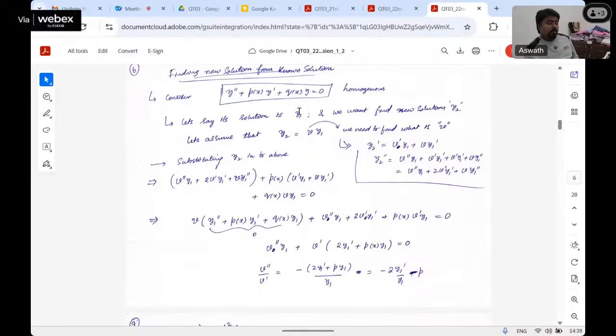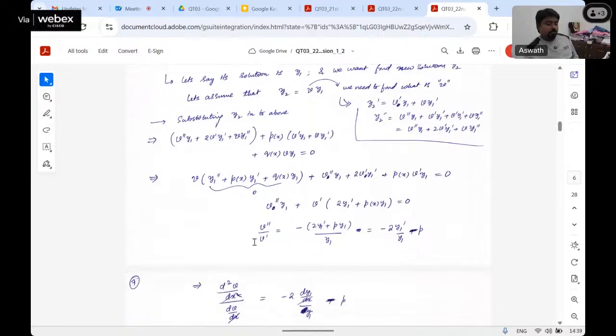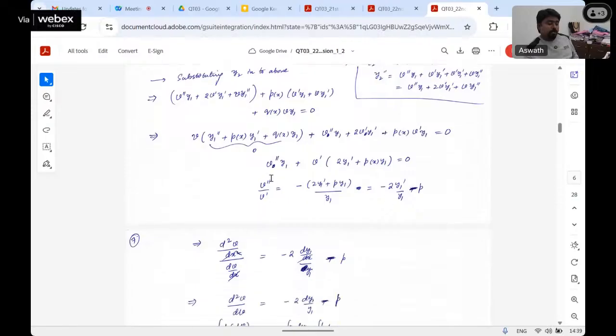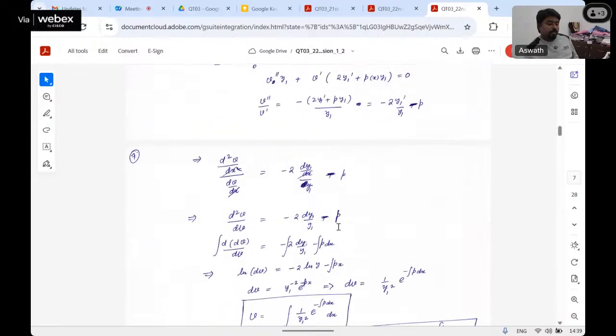Earlier I said y1 is a solution of this equation, so that means this term is going to be 0. So what is left is a few terms. When I rearrange those terms, there is a v double prime involved, v prime is involved. When I put the like terms onto one side and then do the integration,